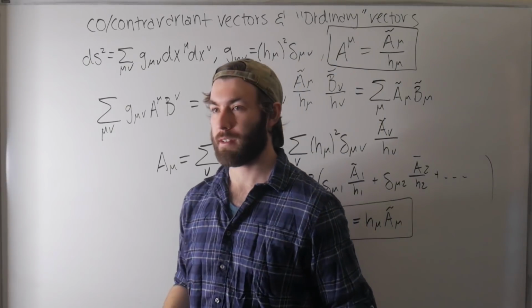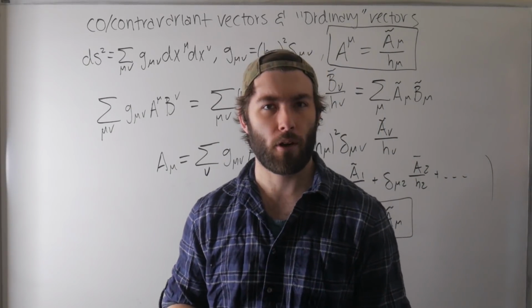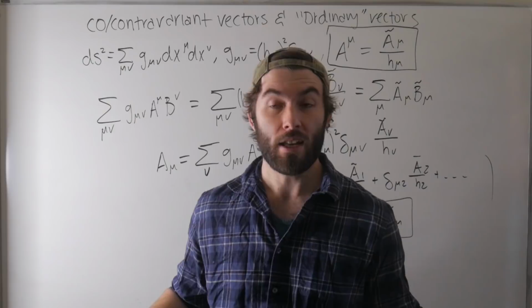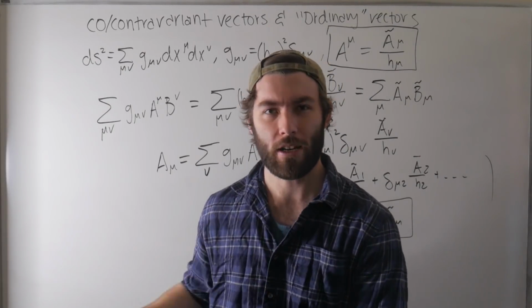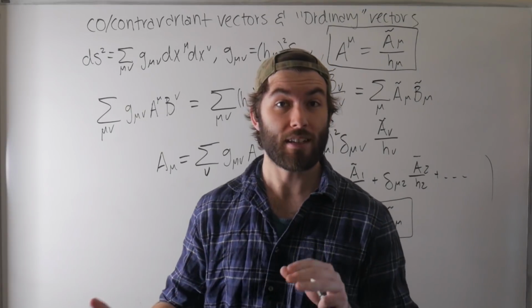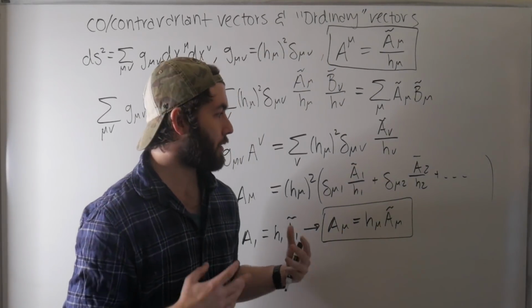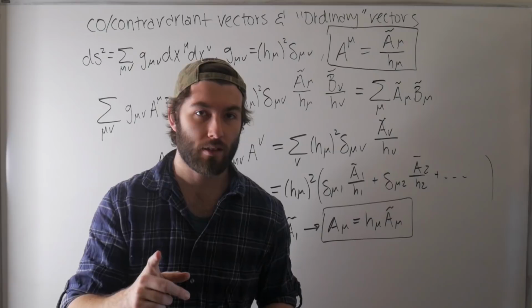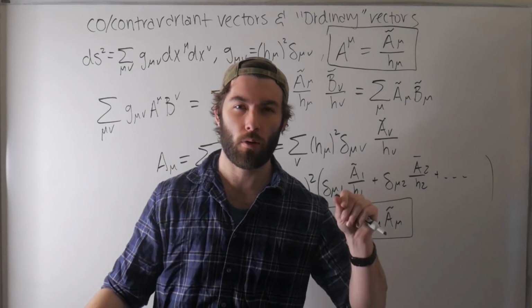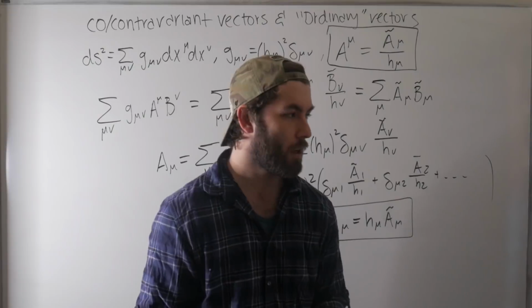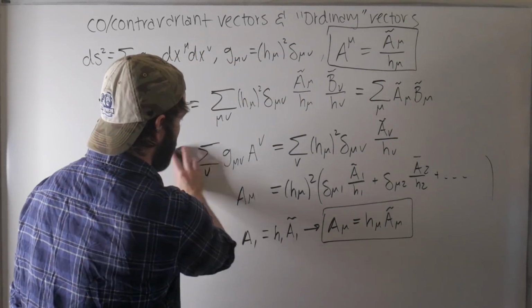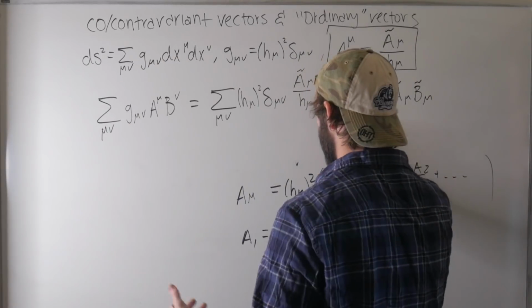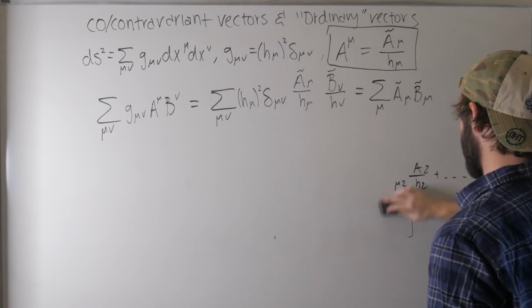There's a couple ways of thinking about what contravariant and covariant vector components are. There's a fantastic resource on YouTube uploaded by Eugene, I always forget the last name, who does nice little animations on what these kinds of things look like. So I'm going to leave a link in the description if you want to picture what exactly covariant and contravariant vectors are visually. But to give you the rundown real quick, I'm clearly not going to be animating anything, but